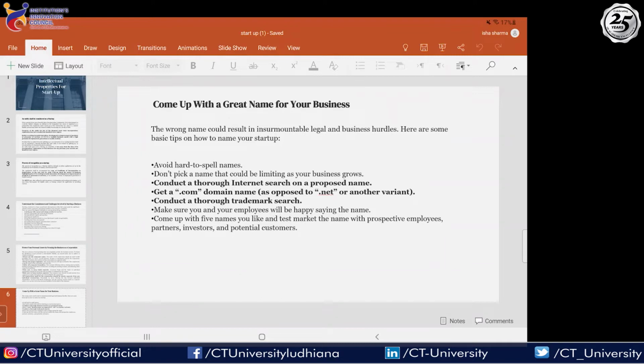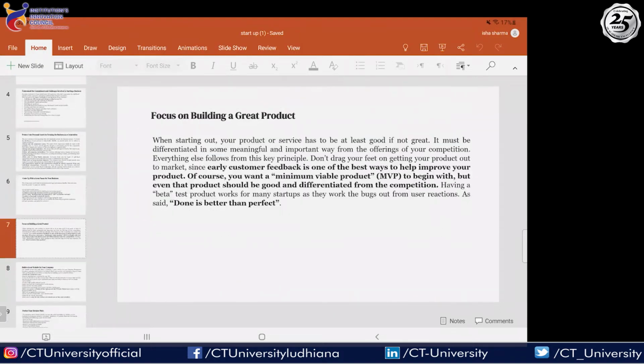Before that, also conduct a trademark search, because at times what happens is that you will be able to buy the domain, but the trademark is already owned by somebody else. Unfortunately, domain-based organizations are not in sync with the trademark applications or the trademark authorities. So a trademark search needs to be done before you buy a domain, and that will give you a little bit of a heads up on whether you should be going ahead with that or not.